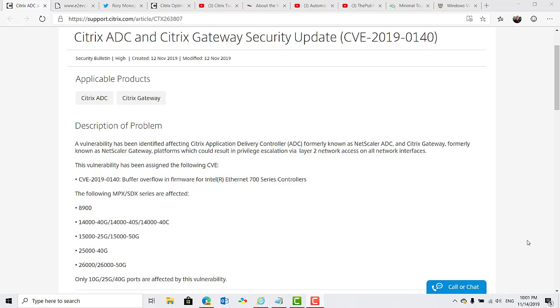Now, an attacker must have Layer 2 access to leverage this vulnerability, therefore limiting exposure to peer switch access. Link Layer Discovery Protocol, or LLDP, being disabled at the peer switch connecting the MPX SDX actually mitigates the issue. So a way to address this is to disable LLDP at the peer switch connecting to MPX SDX, and long-term